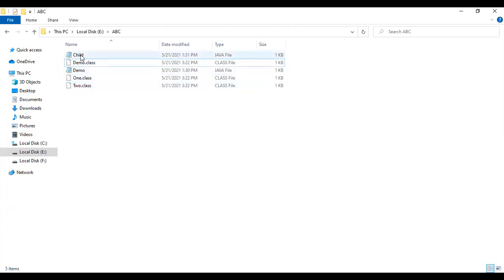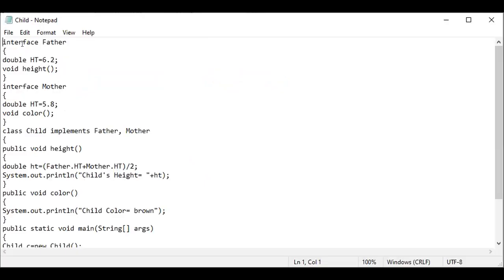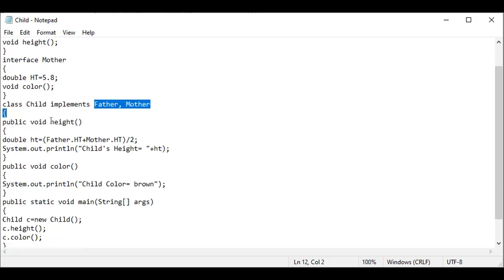Then coming to the child class, the example of the second program. So see here, father interface, height variable, height abstract method; mother interface, height variable, and color abstract method. The child class implements father and mother, and in the abstract method implementation it calculates the child height.